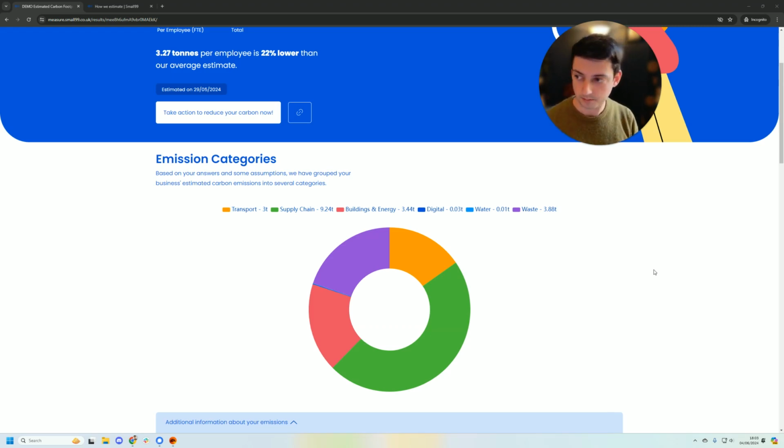An example being, for Small 99, we measured our digital footprint, and Google provides these tools for all of the emails, all of the hosting, all of the energy we're using, and it equates to between 2 and 3 kilos per month, depending on how many video calls we have, which does tend to increase it slightly. Now that 3 kilos is equivalent to driving around 10 miles in a petrol car. So you start to see that transport and buildings and heating and moving things takes up a lot more energy than something like digital does,